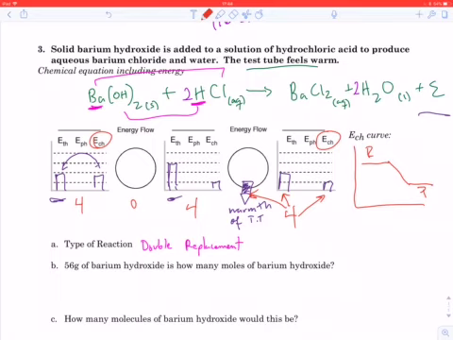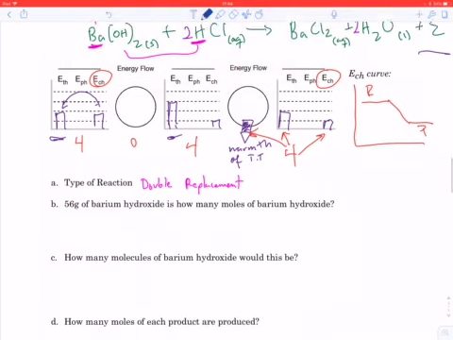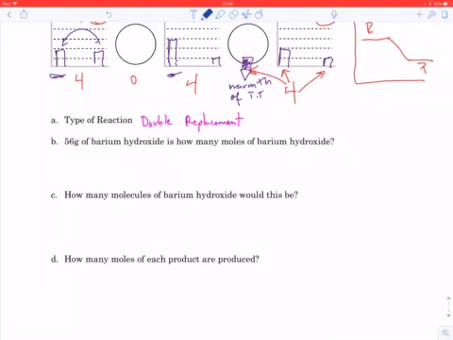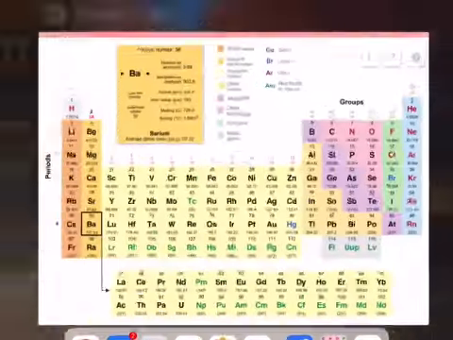Okay, so now let's transition to some mole problems. 56 grams of barium hydroxide is how many moles of barium hydroxide? This is pretty simple, right? 56 grams of BaOH2. Now, a couple of things that people mess up on is that they say oxygen is 16, hydrogen is 1. So my oxygen is worth 16, my hydrogen is 1,